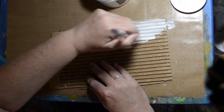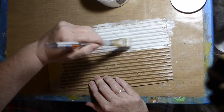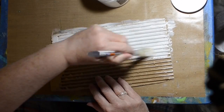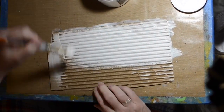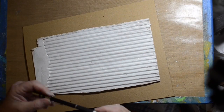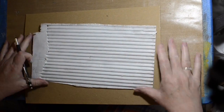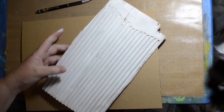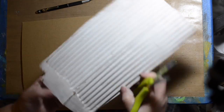I was thinking about Greek, and I thought of Greek columns, and I thought, what a great way to use up this cardboard. They could look like columns, so I cover this with gesso, and I think I skipped part of it. Yeah, there we go. Now it's dry. And we're gonna just try and cut it, and I think the blade on this particular knife is too short. Can't get all the way through, so we're just grabbing the scissors and we're just gonna cut it